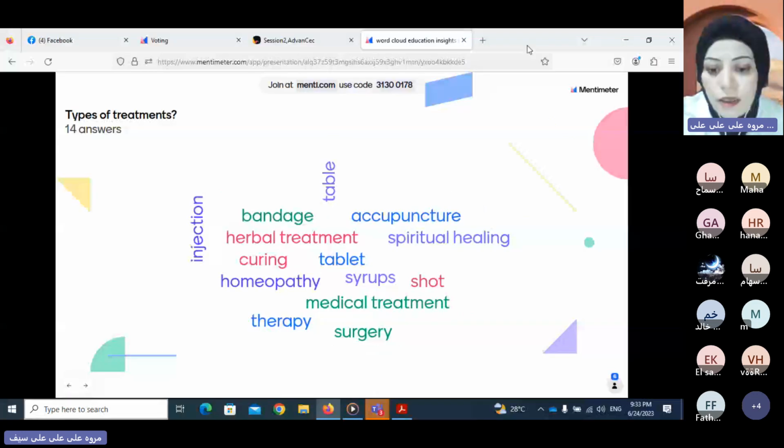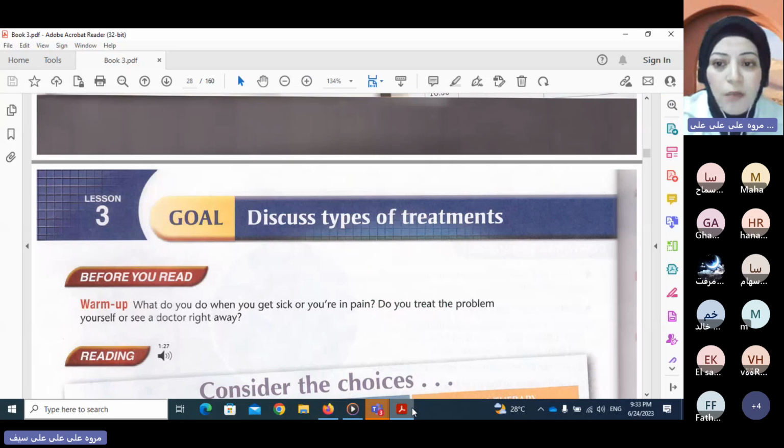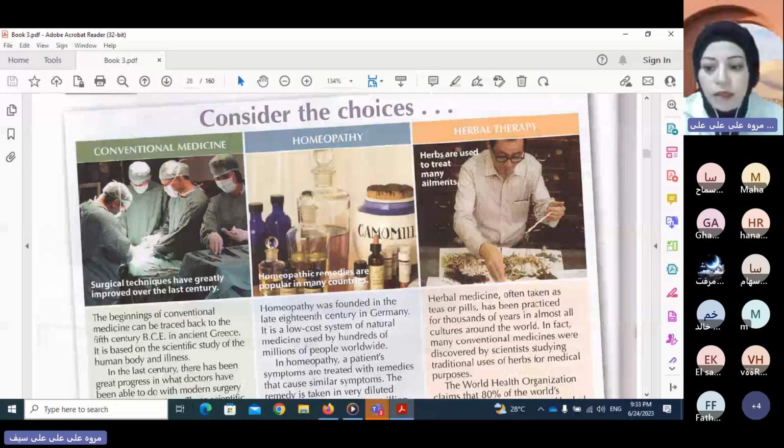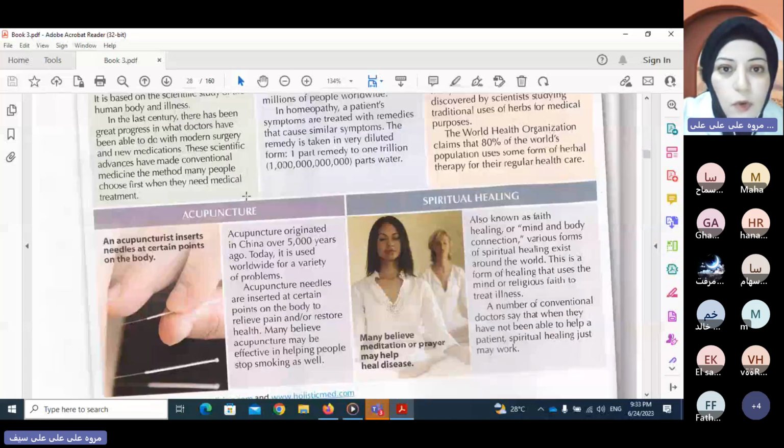Okay, so let's get going. Now, have a look at this reading passage. How many pictures do we have? We have 3 here, 3 pictures and 2 more pictures. We have a long reading passage to read and to study now. I'll try to make it a little bit smaller for you to see it as a whole.